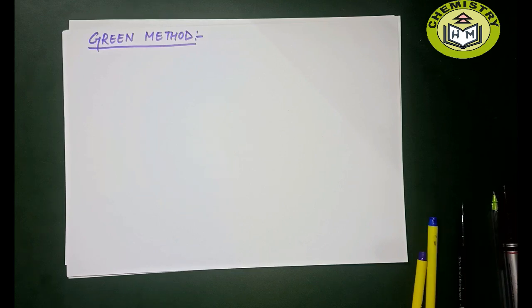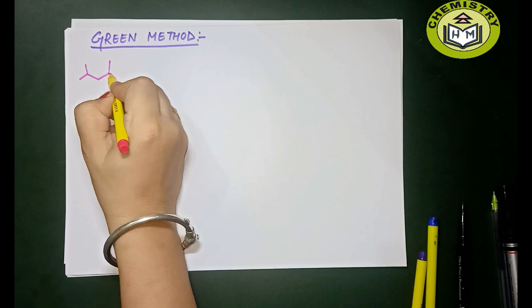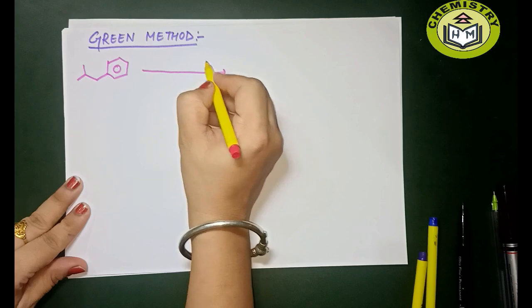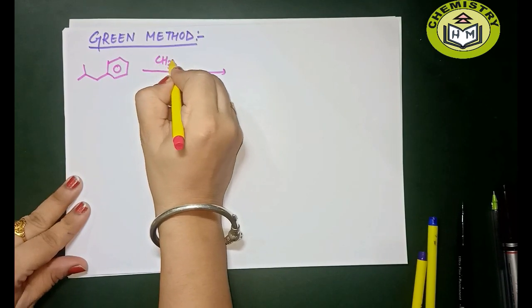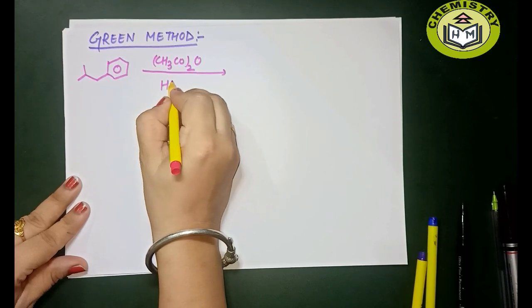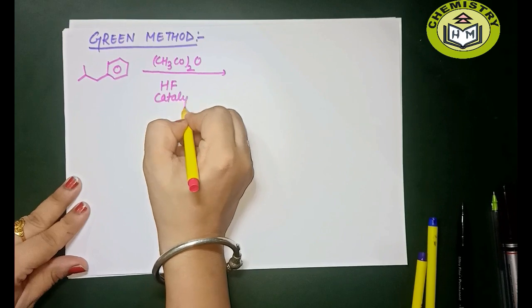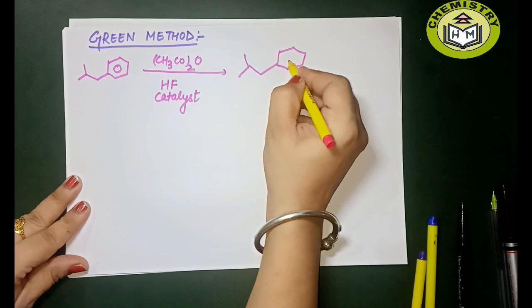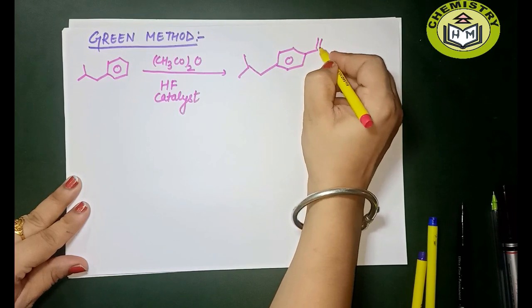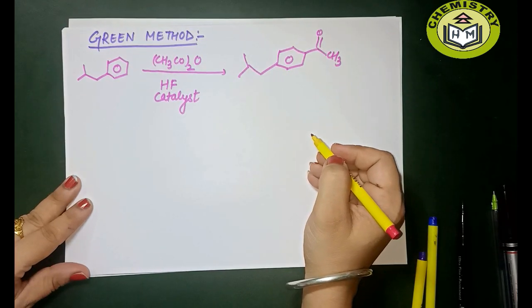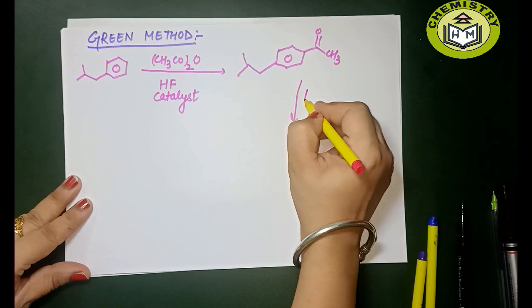we have to take the same reagent, that is isobutyl benzene. Then we have to add acetic anhydride and HF acting as a catalyst. Now after doing the reaction with both of these, this benzene ring got acylated. Okay, then we have to add